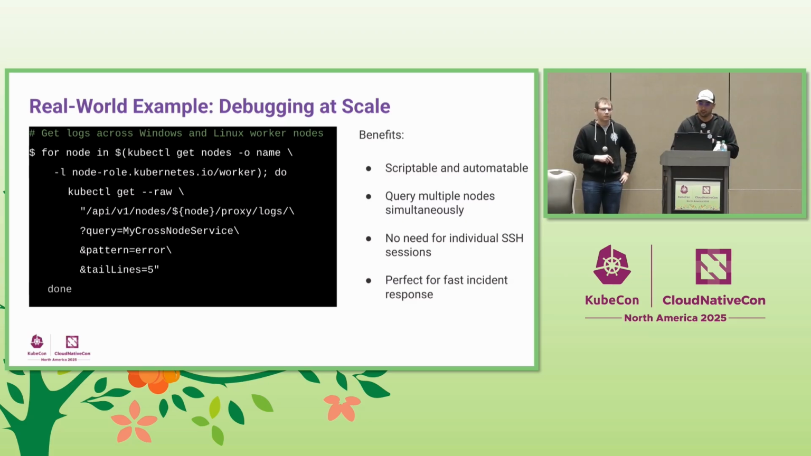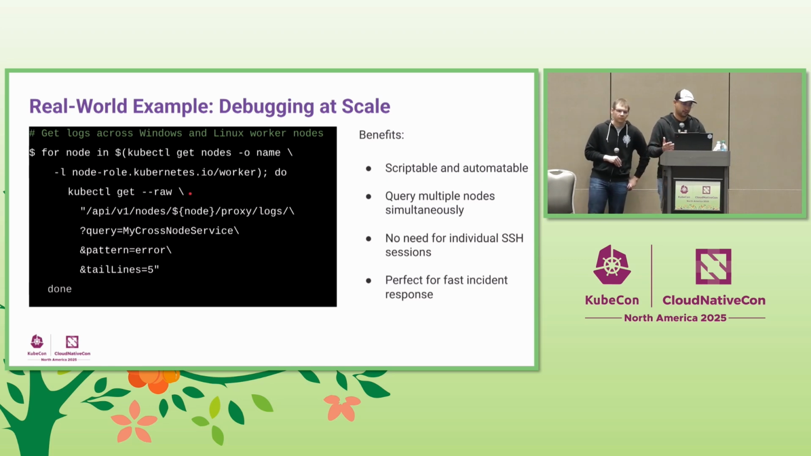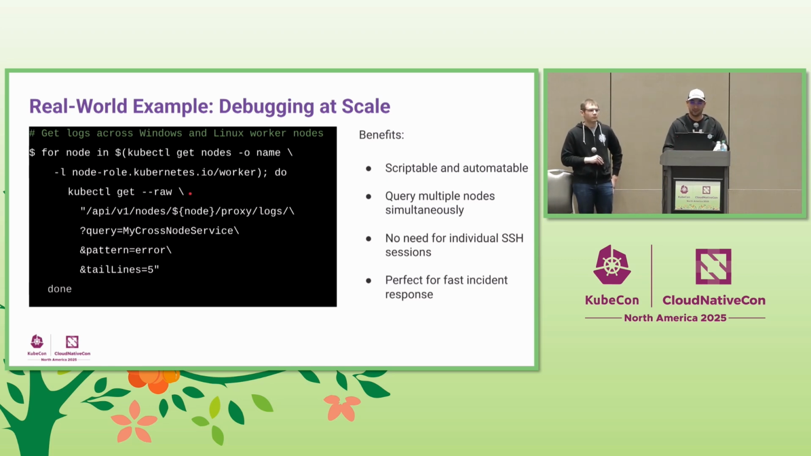This is an example of how you could debug worker nodes at scale, no matter if they are Windows or Linux workers. This is like a one-line command. It is a long one, but it could be a one-line command where I'm doing a loop on all the names of the nodes that have the role worker, and then I'm hitting the logs proxy endpoint for each of